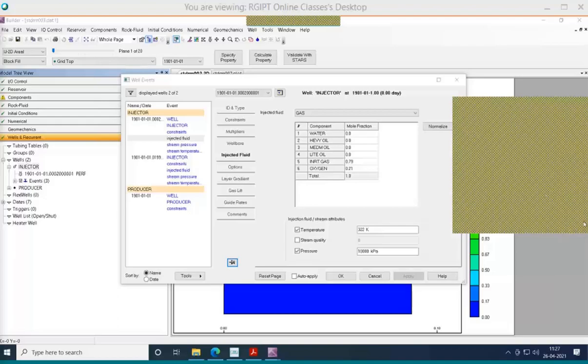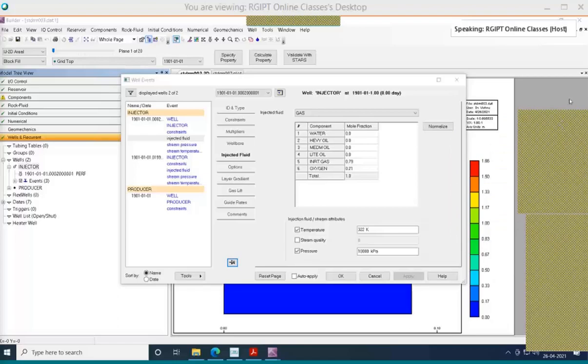Okay, if you have any doubt, you may please ask now. Otherwise, we can move to the next change that can be made into our model. That means you can change the variables and also you can change the wells. Let's say if I am perforating here, what can happen?